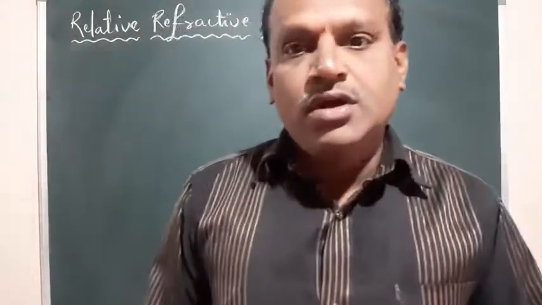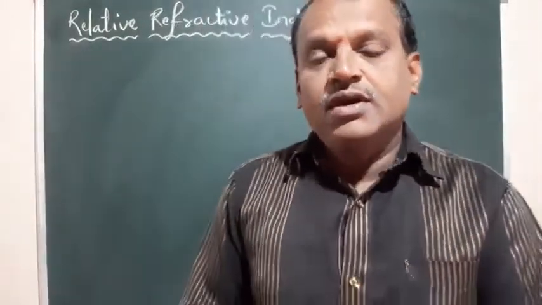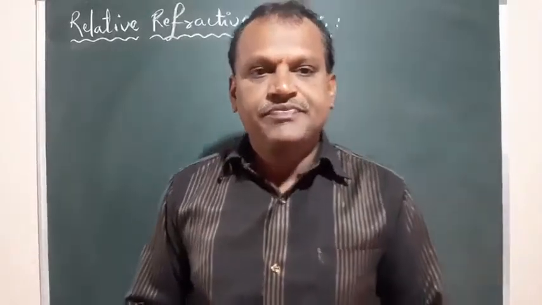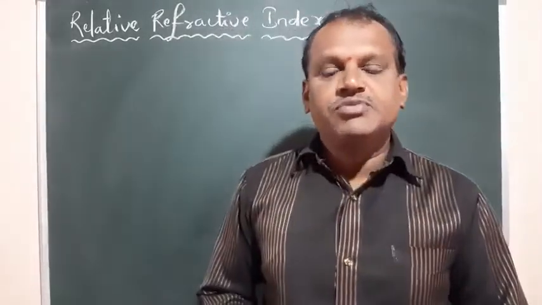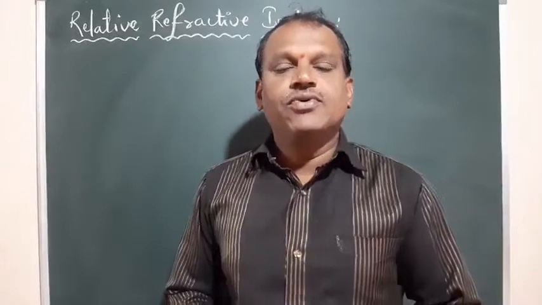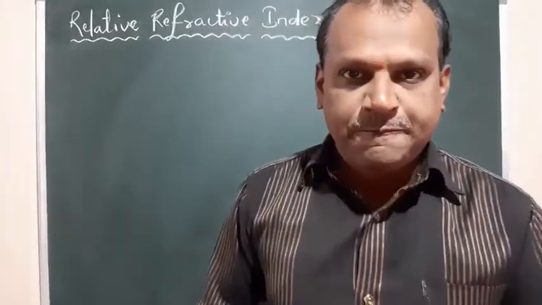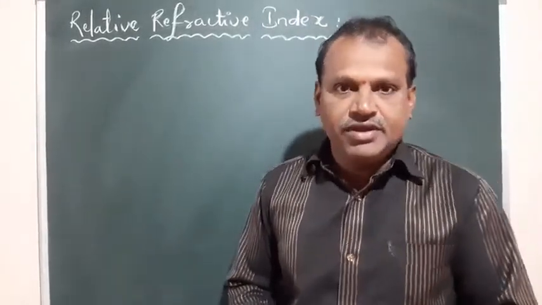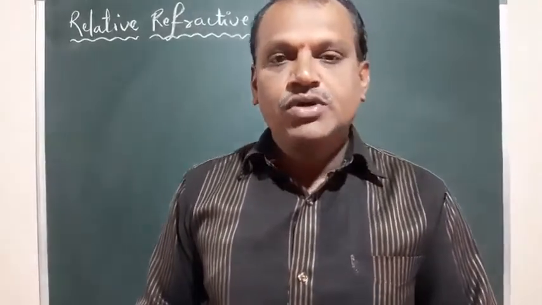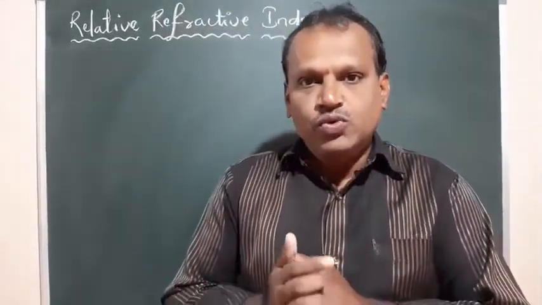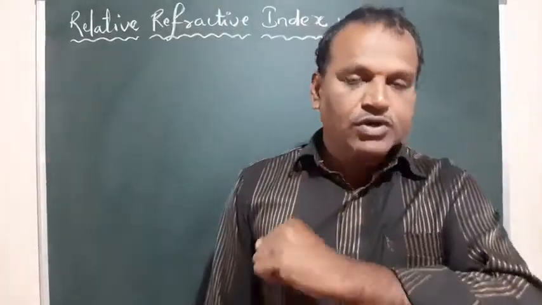Hence, in the last video, we covered the refractive index, or absolute refractive index, and I gave the definition of absolute refractive index as the ratio of the speed of light in free space to the speed of light in any medium. That is C by V. It is represented by a Greek letter called mu. So mu is equal to C by V, and the same mu can also be written as lambda by lambda medium.